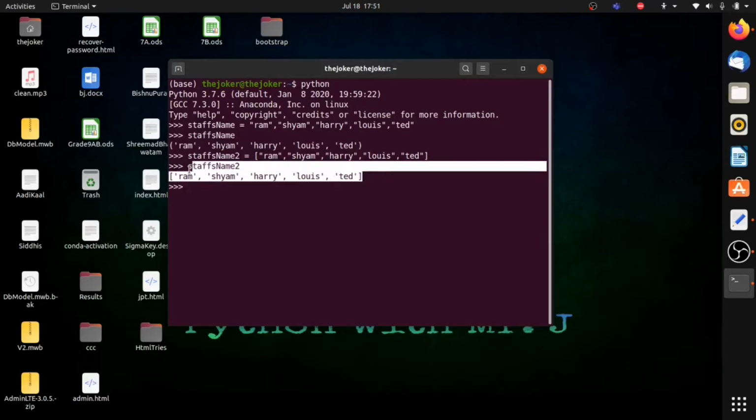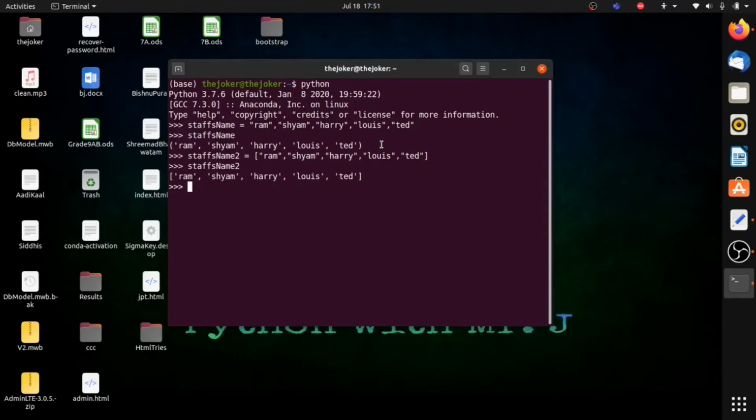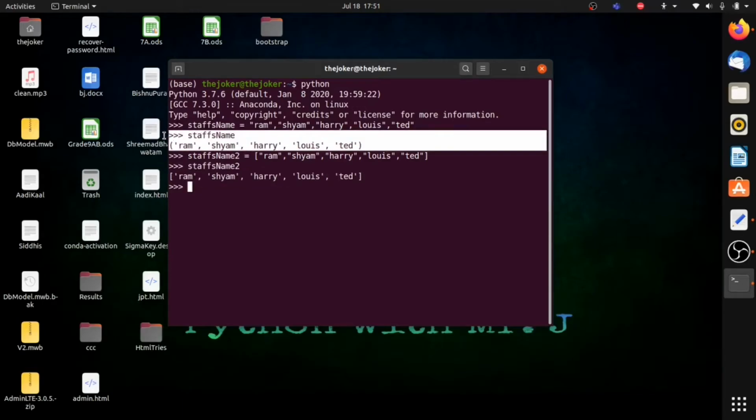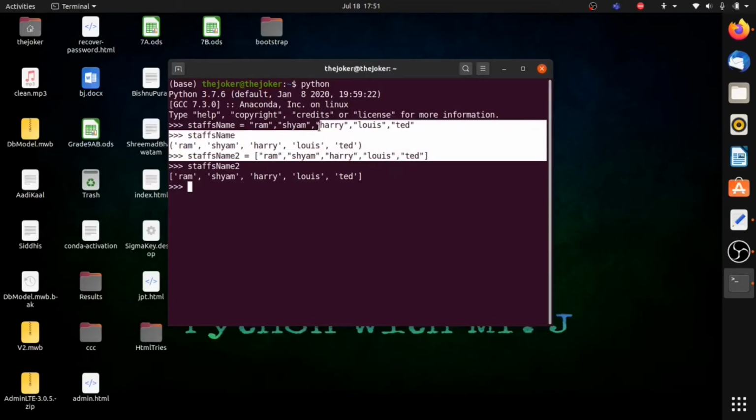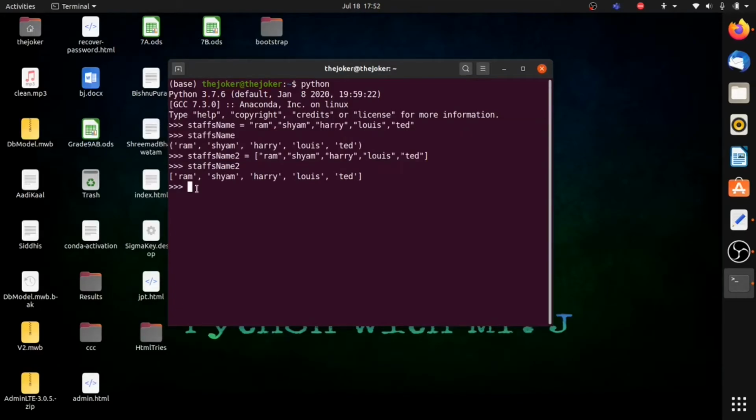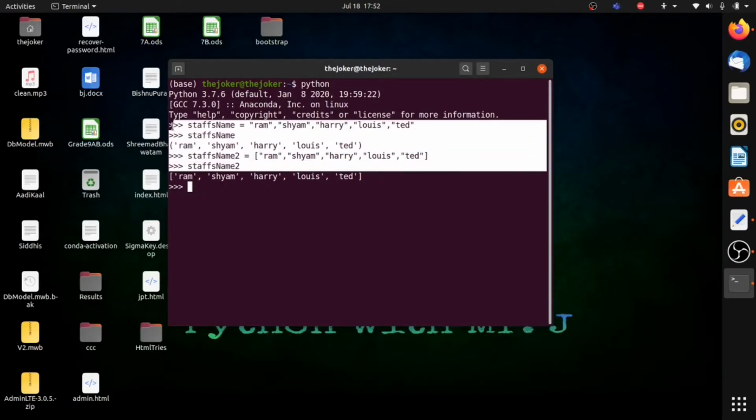Here the initial and final points are enclosed by big braces, whereas the first variable had values enclosed within parentheses or simple braces. You might be wondering what the difference is between these 2 lists.